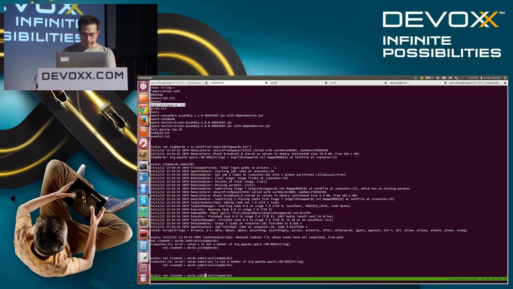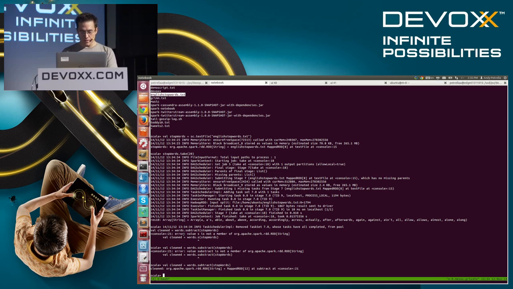So now we have the cleaned, and here I actually made a small mistake. When we do this, stop words are all in lowercase, and we need to actually map every word into its lowercase form.